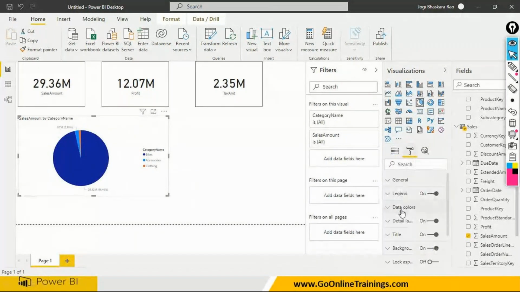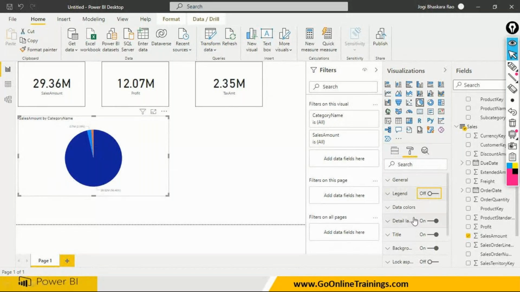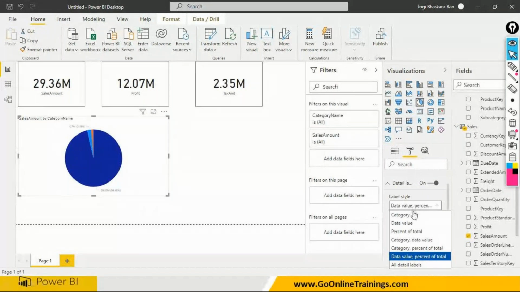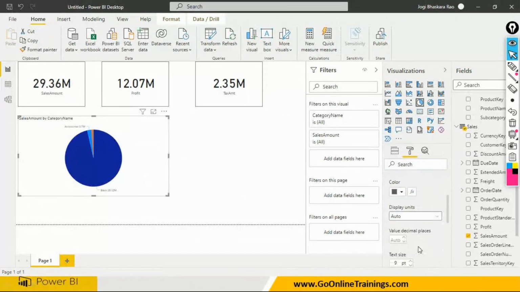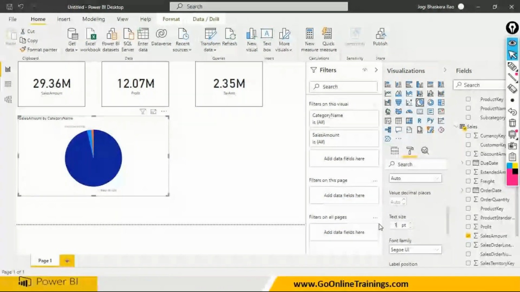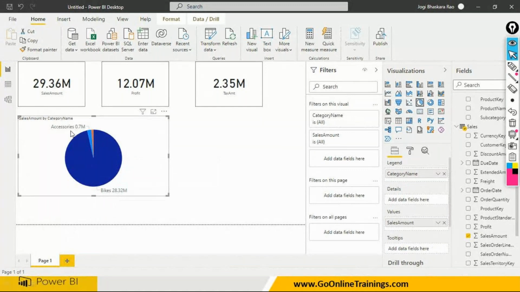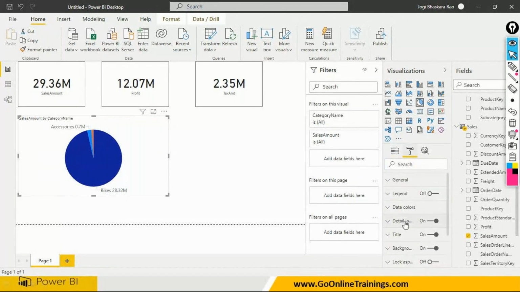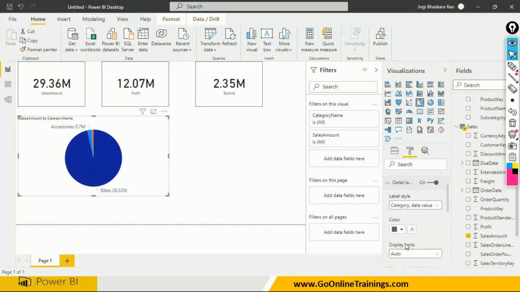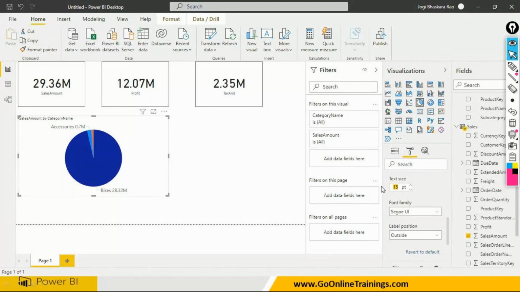So go to legends, we don't need. I need data labels, and data labels category wise data value. Okay. So category wise data labels, and I wanted to increase the font to 15, and we have some categories. One category called bike, one more category called accessories, something like this. I have some data in my categories, right? So go here and data labels categories, and if you want to increase the font, you should be able